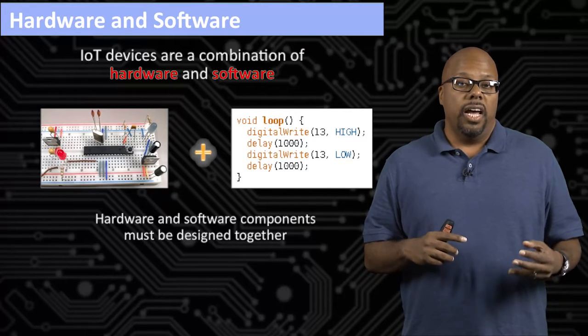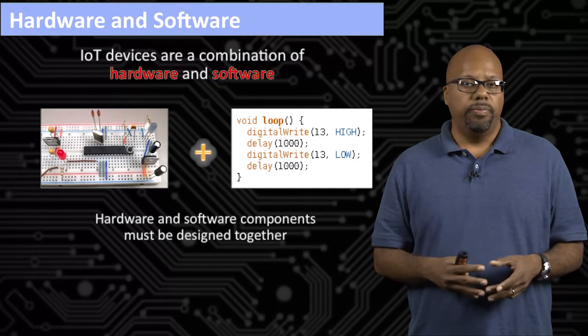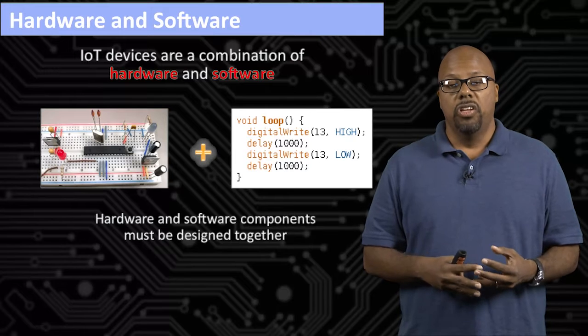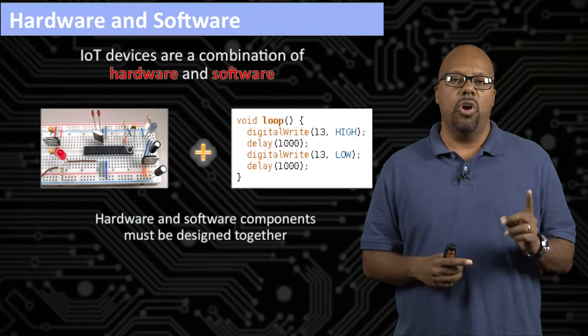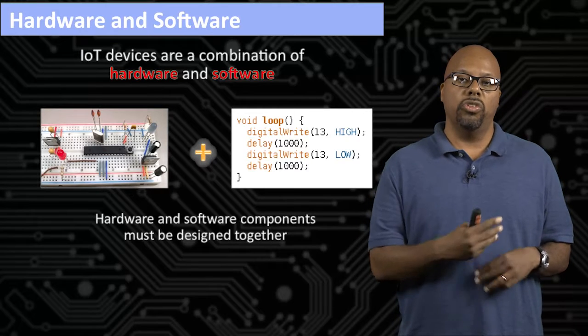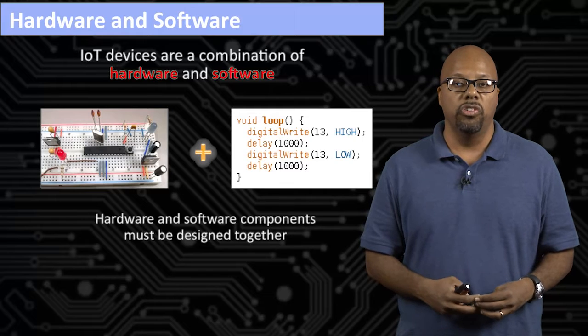So there's this hardware side and this software side, and these things have to work together. You've got to design both of them. So what I mean is when you write the software, you have to be thinking about the hardware. You have to say, oh, I've got an LED and it needs to be controlled in this fashion, so I will write my code this way. You have to be consciously aware of that when you're doing the coding.